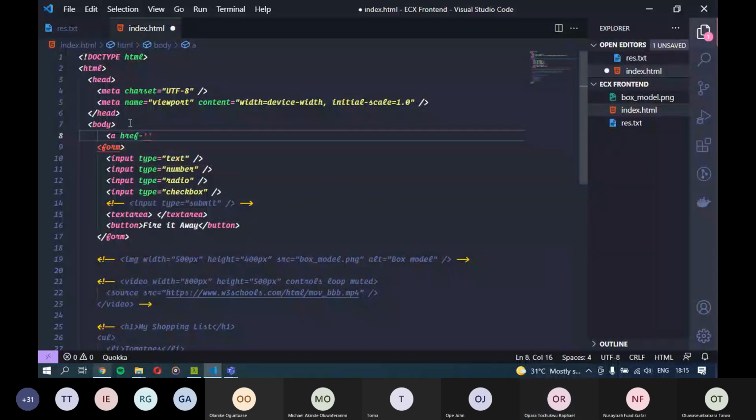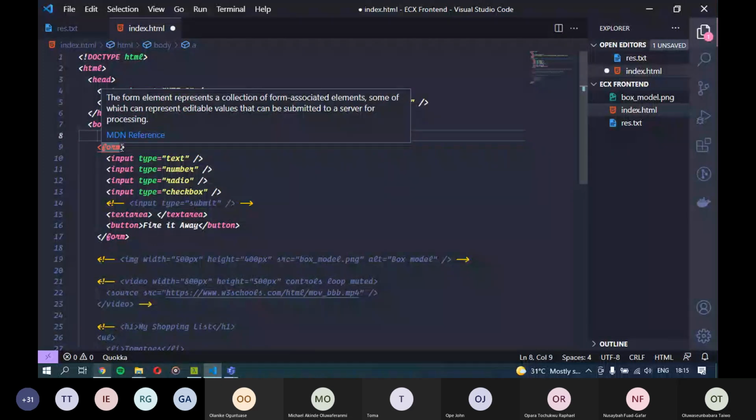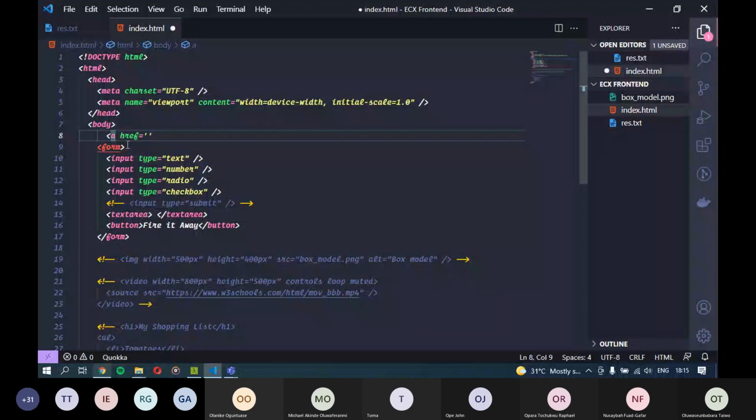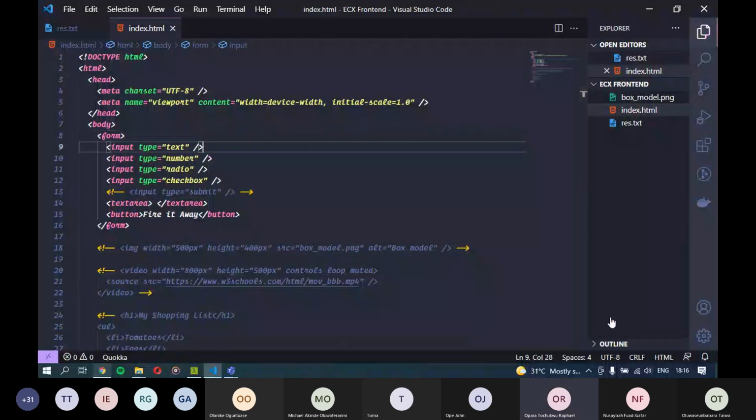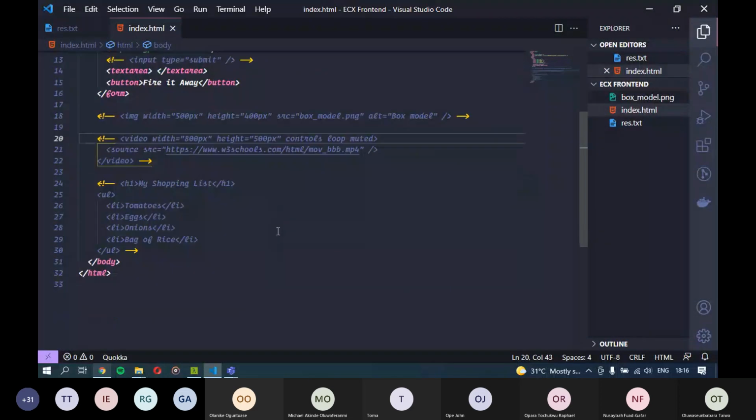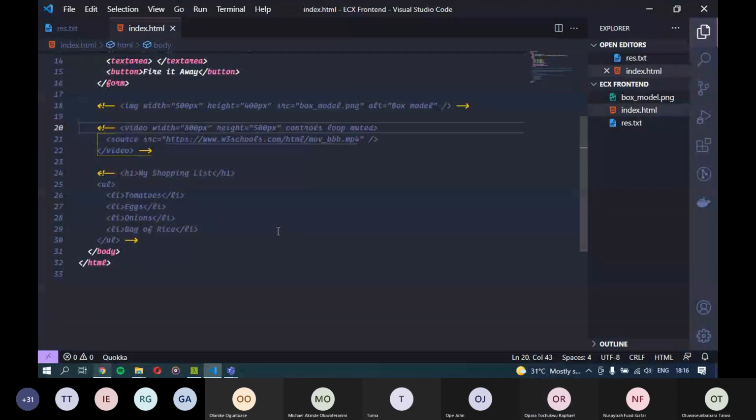So we use it interchangeably, but the actual name is anchor. But since it is a link, most times we call it link. So sorry for that confusion. The anchor tag is the A tag, but you can also call it link. So I think everybody is clear with HTML. So I think I can give you guys an assignment now to go and help me build Google using only HTML, because we're not going to CSS yet. But you guys should have the hang of HTML now because you've gone through most of it.